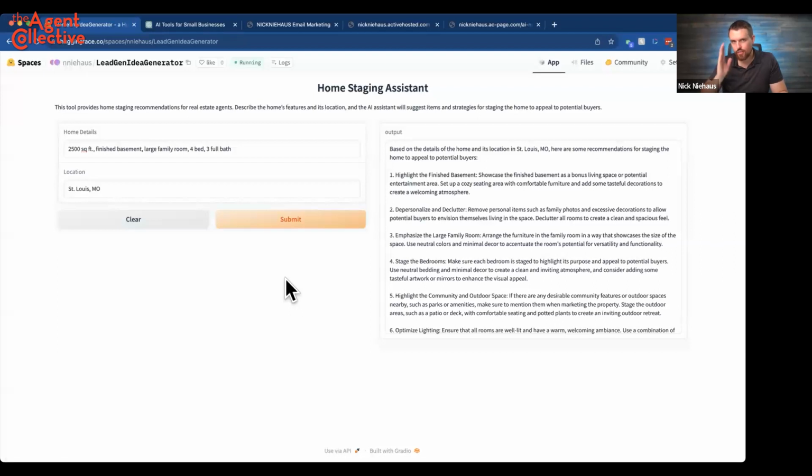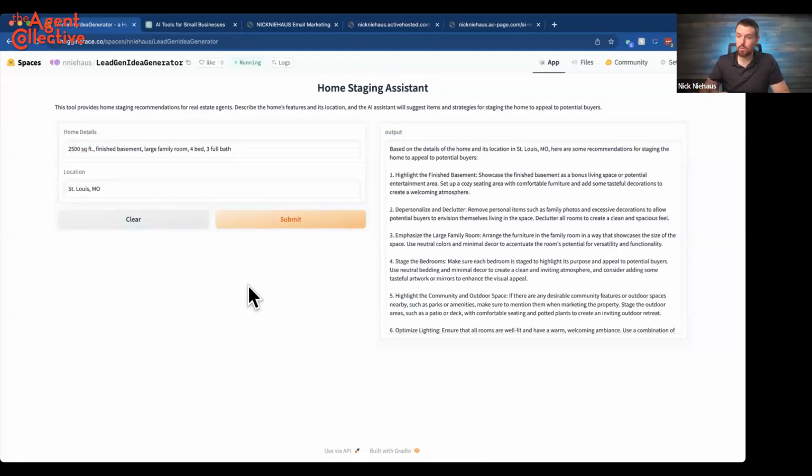Now, again, this is the first one. So what I would normally do if we had more time is I would see how the results are. I'd put in 4 or 5 different things, and then I'd go back and work further on the tool, right? So one thing right off the bat that I can tell here is that this is probably not a good input. Home details, that's too broad, right?